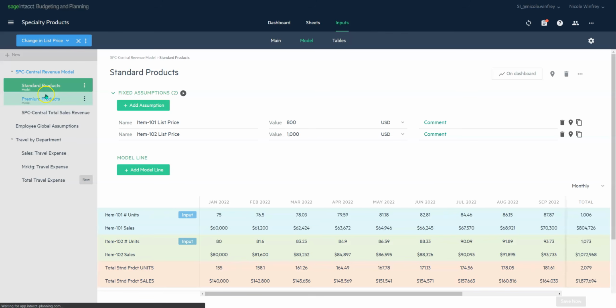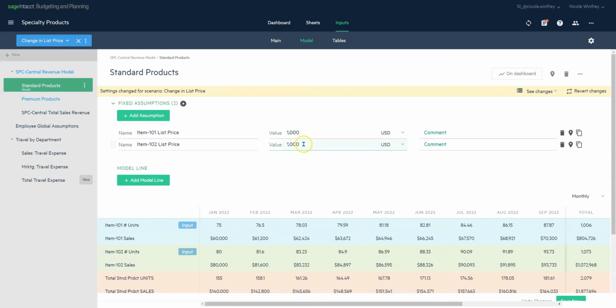Now, as I click over to our standard products, you can see that those changes I just made in premium products are highlighted in blue. So you can easily identify where you make those changes within your what-if scenario. So it's easy to see exactly where those changes were made if you want to go back and make additional adjustments. Let's go ahead and make another change here to our standard products, and we'll go ahead and submit those,